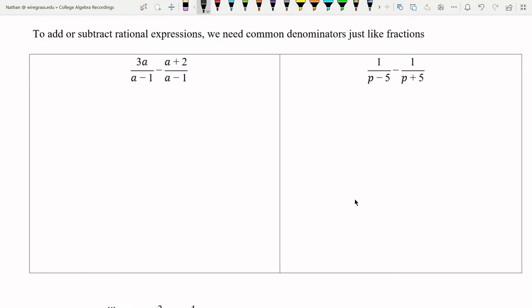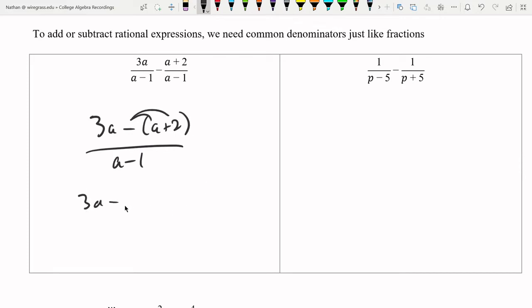To add or subtract rational expressions, we need common denominators just like fractions. So for this first one, you can see we already have common denominators, so we can just go ahead and add the numerators together. I need to distribute this negative on top here. That's going to give me 3a minus 2, which gives me 2a minus 2,